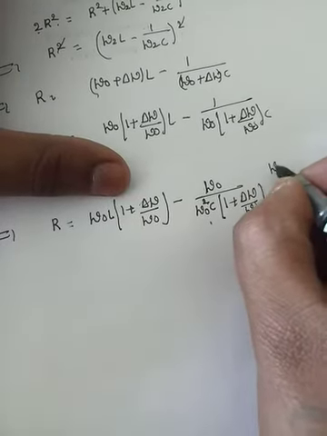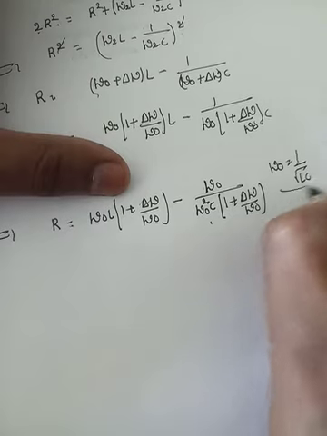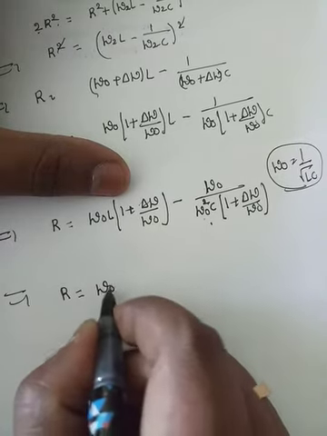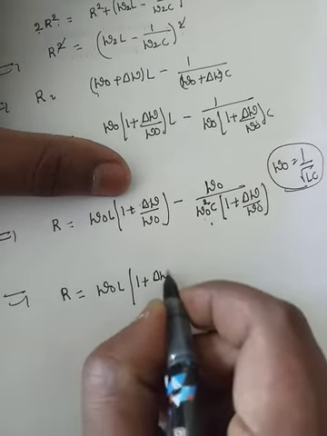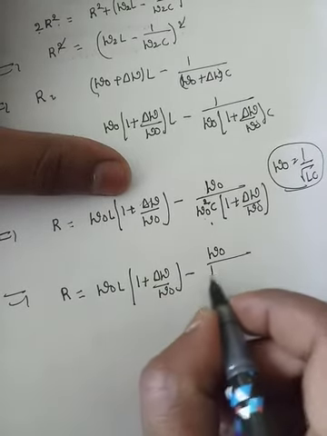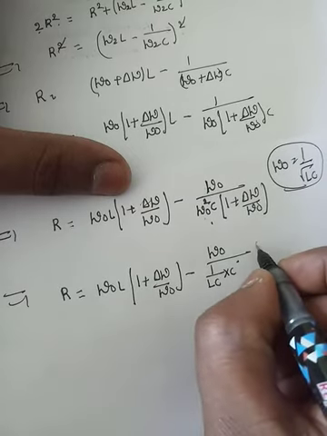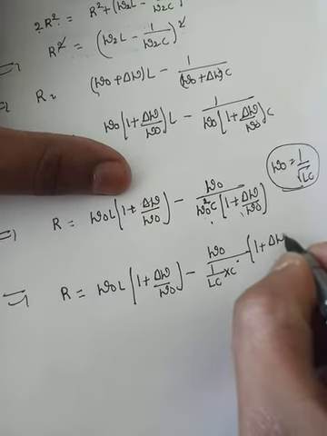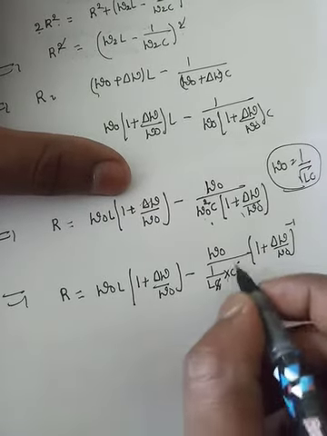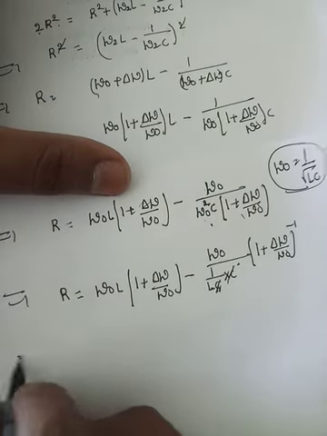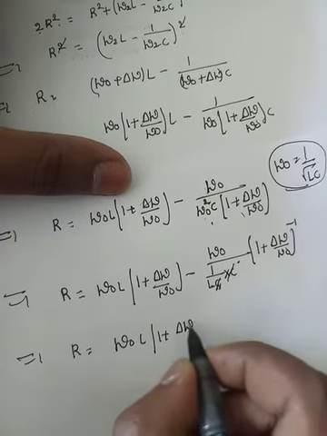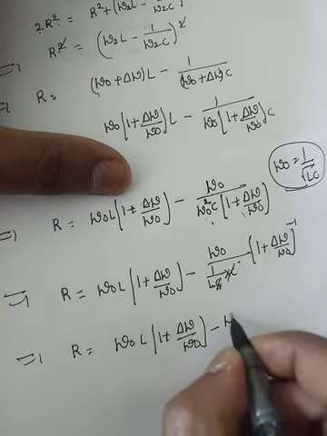What is resonant frequency here? Omega naught equals 1 by root of LC. So here what can I write? R is equal to omega naught L into 1 plus delta omega by omega naught minus omega naught by 1 by LC into C. Send this upwards. What did you get? 1 plus delta omega by omega naught whole inverse. Here what things get cancelled? C cancels, 1 by L comes, omega naught L. So R is equal to omega naught L into 1 plus delta omega by omega naught minus omega naught L into